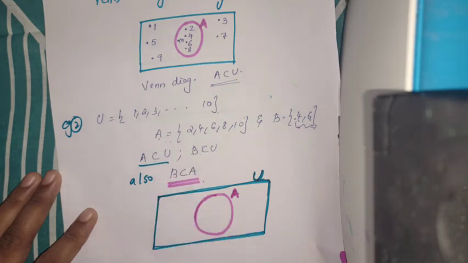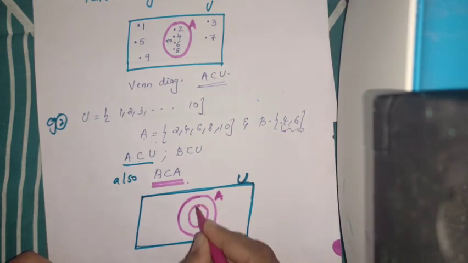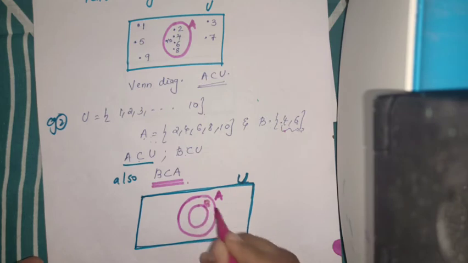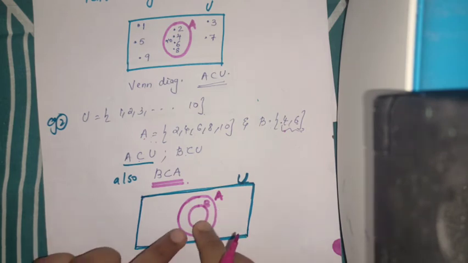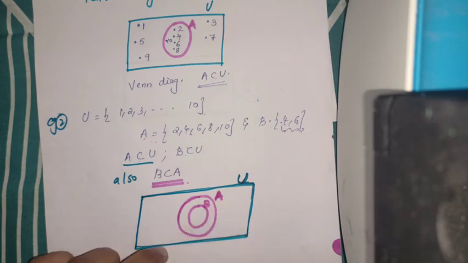That means the set B is a subset of A, that is, the elements of A are what appear in B. So the next circle is drawn inside this circle A. So we denote B here. So why are we drawing the circle inside A? Because B is a subset of A. That means all the elements of B are also elements of A. So what did we do? We drew B inside.